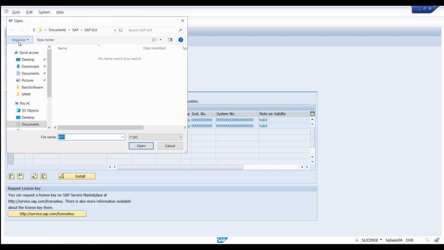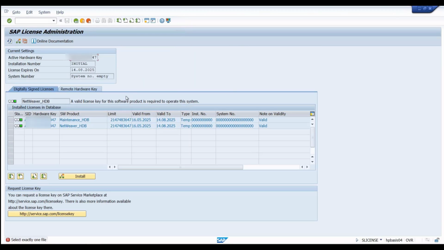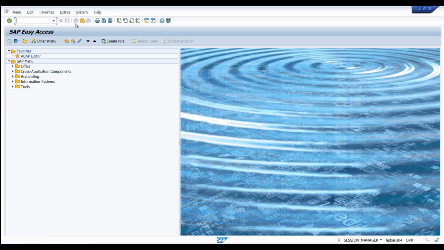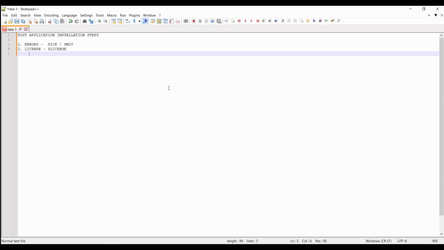Here is the thing. For the downloaded file, you just need to open that file. That's it. There is nothing else required. And in license we have two things. In the GUI, we check with the SLICENSE T code,